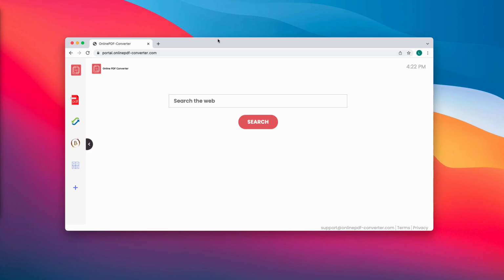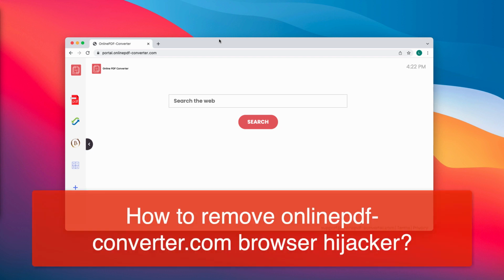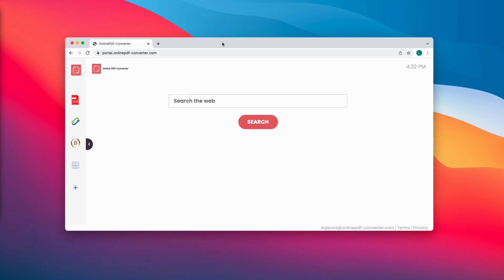My video guide will provide you with instructions to remove the browser hijacker called OnlinePDF-Converter. It is also known under the name of the website OnlinePDF-Converter.com. It's a deceptive website that attacks Google Chrome browser, and it tries to actually hijack your browser with the unwanted browser extension. The extension, by the way, is called